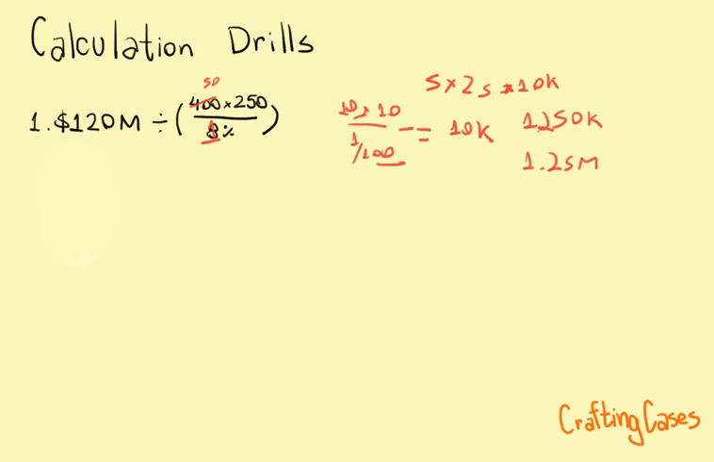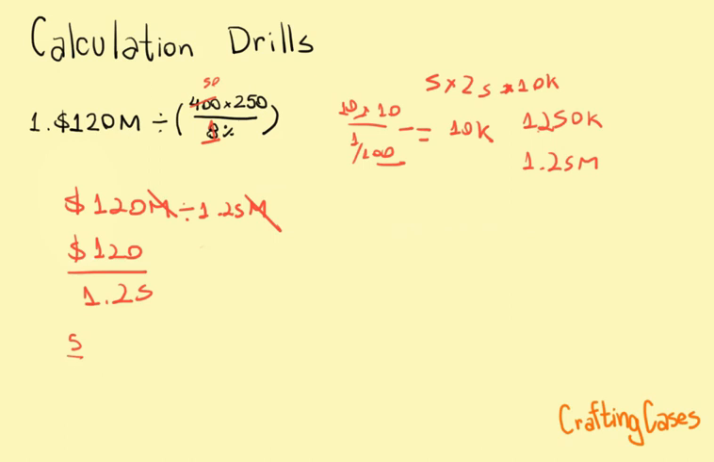1.25 million. And now I have $120 million divided by 1.25 million. Well, these millions cross each other out. I got 120 over 1.25. 1.25 is 5 over 4, so 120 divided by this is 120 times 4 over 5. This is 12 times 10, which is 5 times 2, so these cross out, and I get 24 times 4,